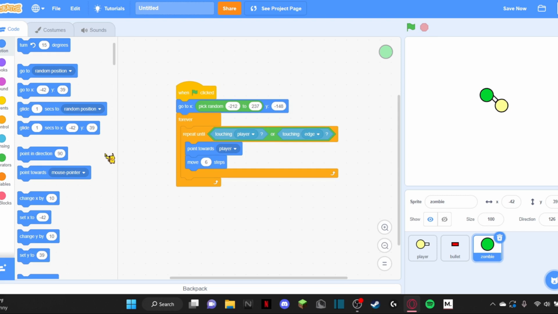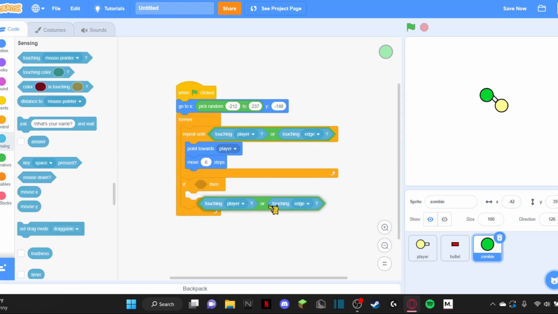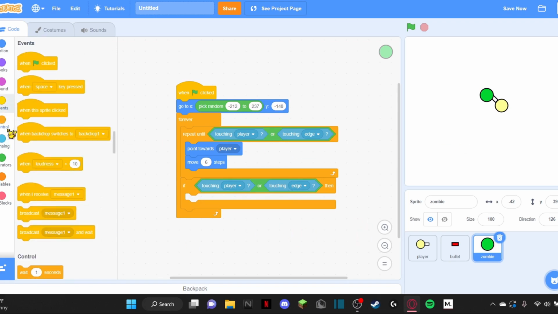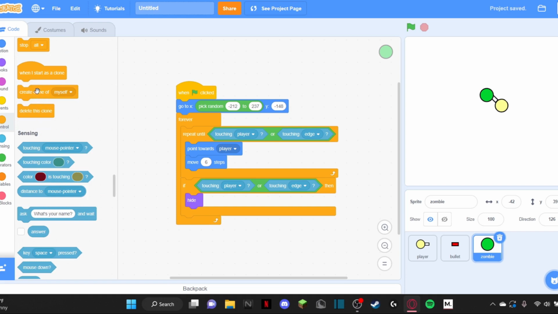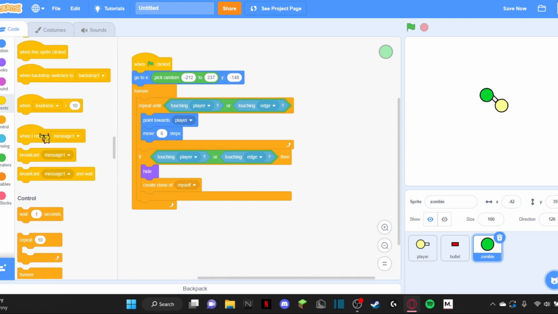And then, once we get to it, what do you want? We'll drag an if block after that. No, not inside it. So if, and we'll duplicate this or. So if touching player or edge, then we want it to hide and then create a clone of itself. And then when